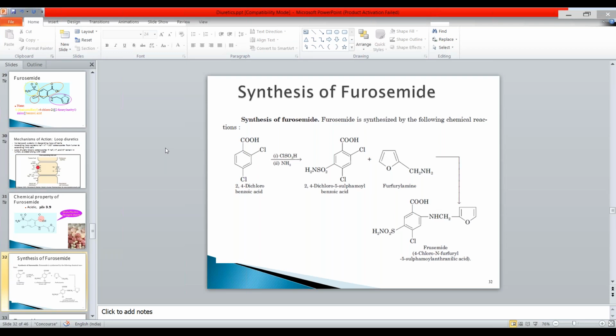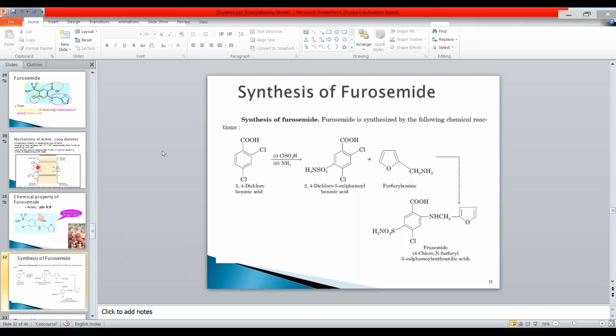Tomorrow we'll finish this topic of diuretic agents. Another 2-3 classes are left of diuretic agents, around 3-4 examples more. So tomorrow we'll finish these, and then next week we will take revision. We will take assignments. I will send you assignments, as we have not taken any assignments since starting. You all can write the assignments and share them with me. And then on the 24th, you will be writing your sessional.